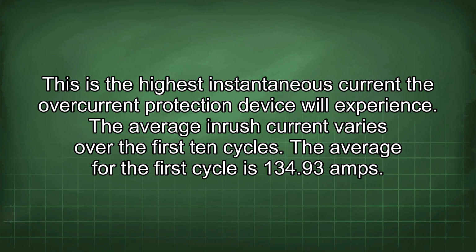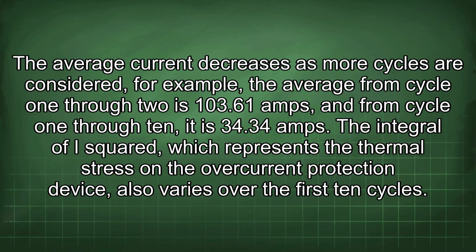The average inrush current varies over the first 10 cycles. The average for the first cycle is 134.93 amps. The average current decreases as more cycles are considered. For example, the average from cycle 1 through 2 is 103.61 amps, and from cycle 1 through 10, it is